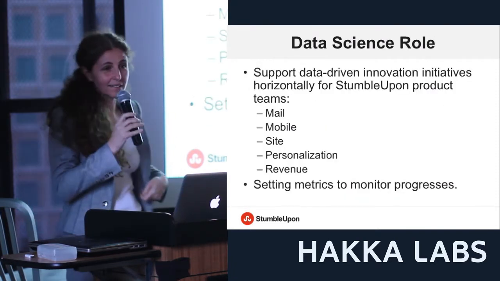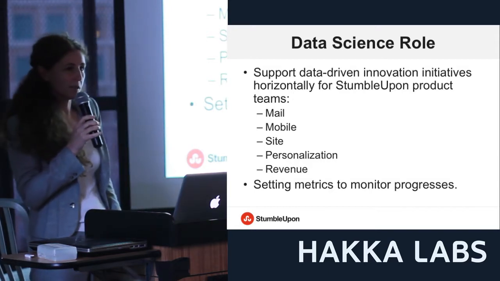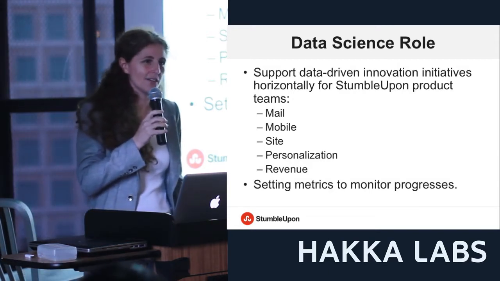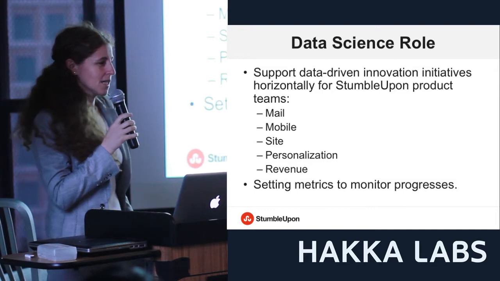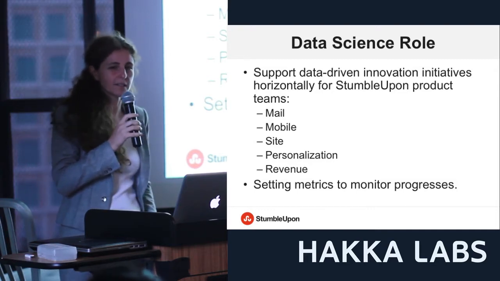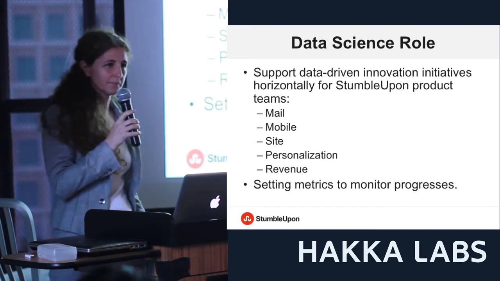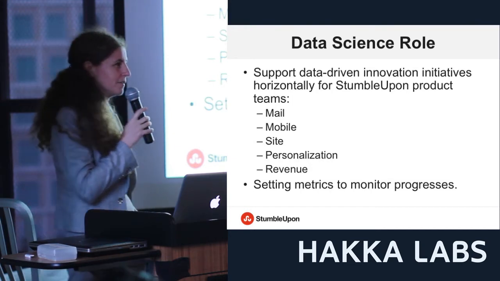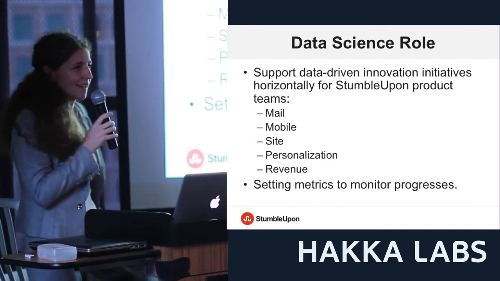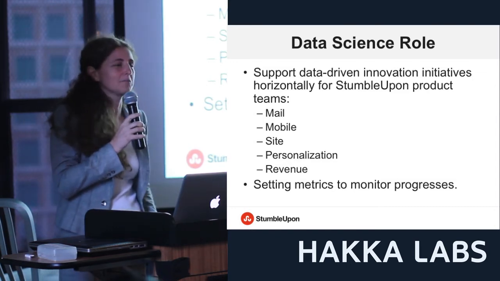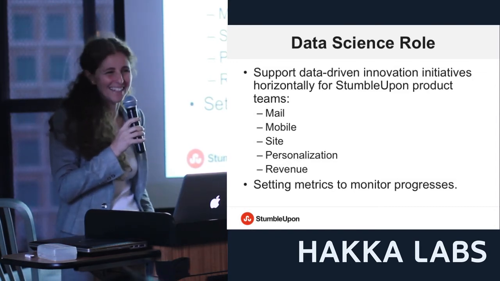What is the data science role in this? Obviously, we talk about 85 total employees in the offices in New York and San Francisco. Engineering is in total, I think, 35. And data science is, I would say, me.